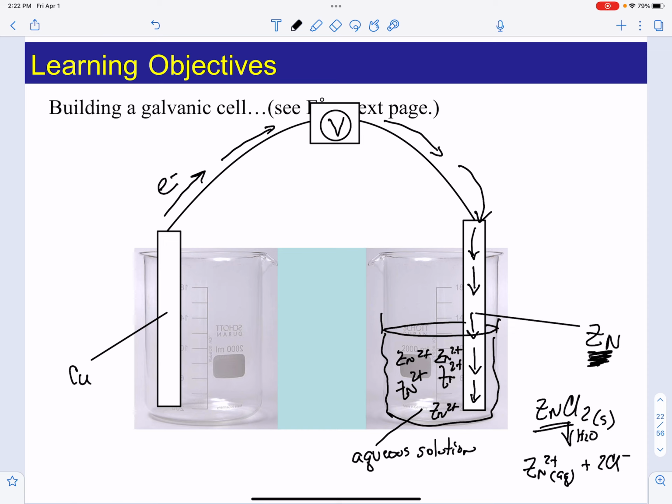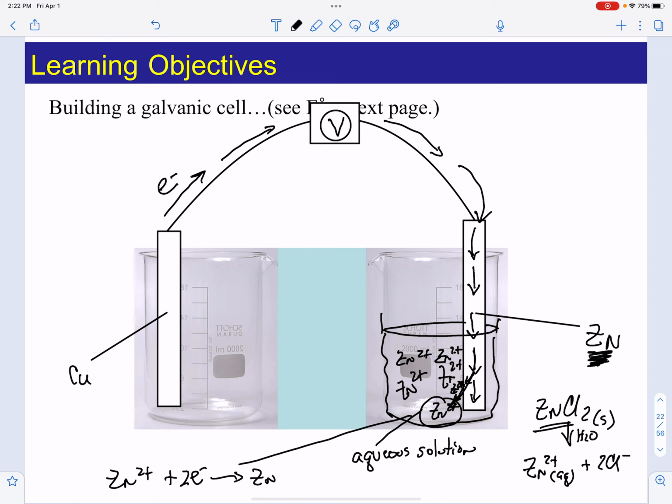Remember, we're doing this under the assumption that the copper can win on the push of electrons, that the copper will be losing the electrons easier. Assuming that, these electrons are going to sense that there's something positive out there, and the electrons are actually going to come out of the metal. Remember, metals are conductive, so those electrons are going to go through there, and they're going to search for those zinc 2 plus that are in contact with the metal. Therefore, the electrons are going to go there, and the zinc 2 plus is going to be reduced,